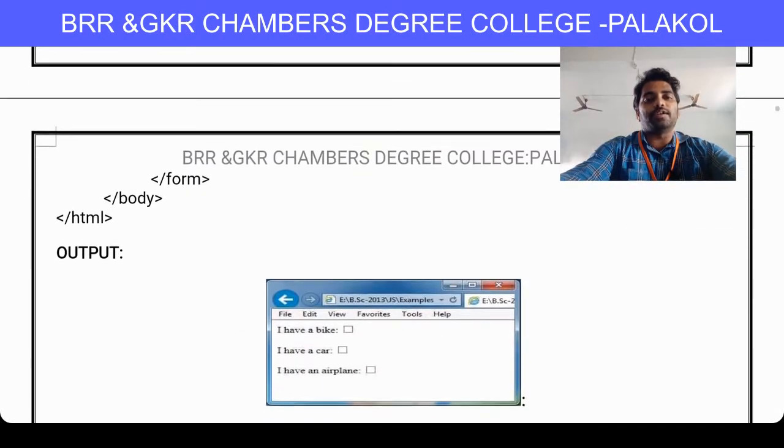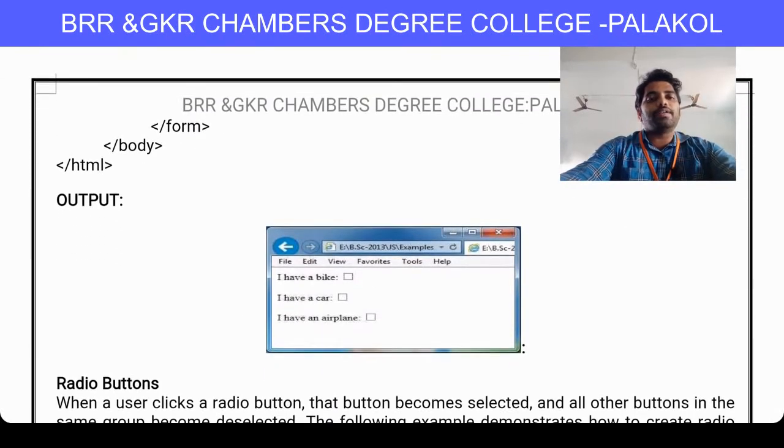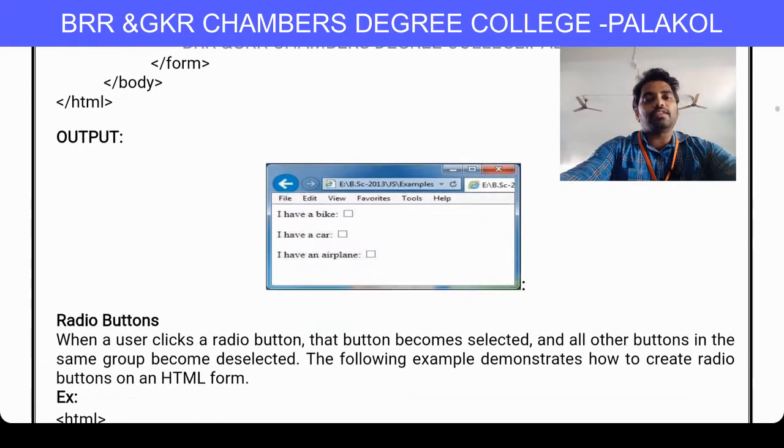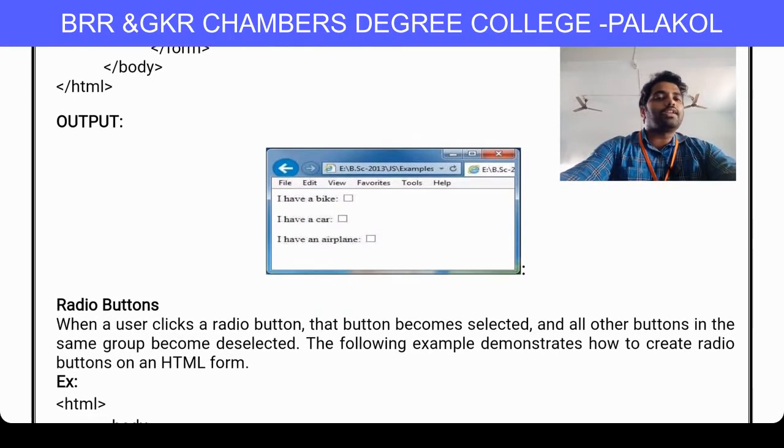Next, output. I have a bike. Okay, immediately the checkbox is displayed. I have a car. Immediately the checkbox is designed, before which you write the tag: input type is equal to checkbox. Okay. Next, radio buttons. When the user clicks a radio button, that button becomes selected and all of the buttons